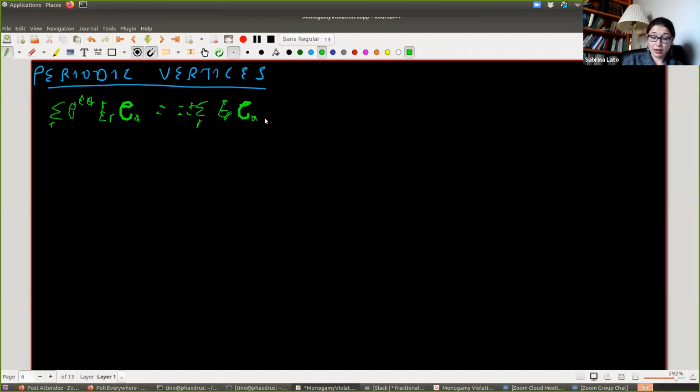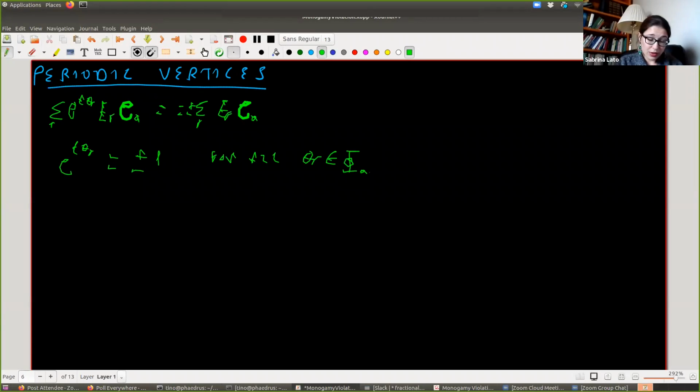Which means that, again, just considering each of the idempotents individually, you then get that e to the t theta r needs to equal plus or minus 1 for all eigenvalues in the eigenvalue support. And it'll be a constant whether it's plus or minus 1. We don't need to worry too much about that at this point.